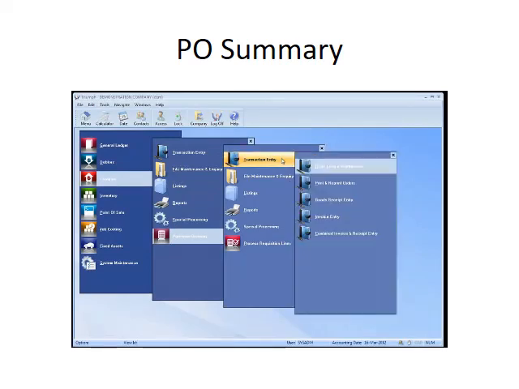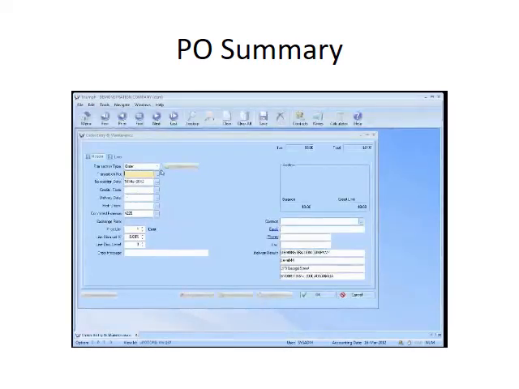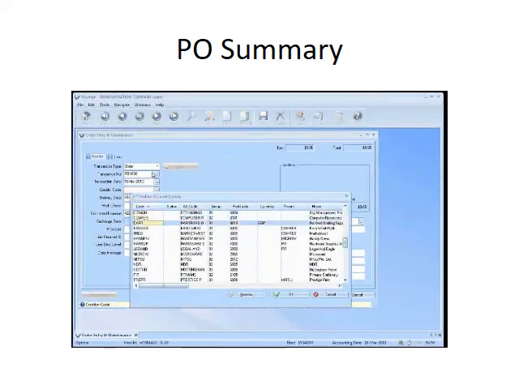If we go into a purchase order, we'll just do a simple purchase order. We have a look at orders and we can do a general order or a quote. A general order is a repetitive order, and a quote is a quote for an order. I'm going to do a very simple order. It gives it an order number. You can pull up a creditor and choose who you want to order things from,